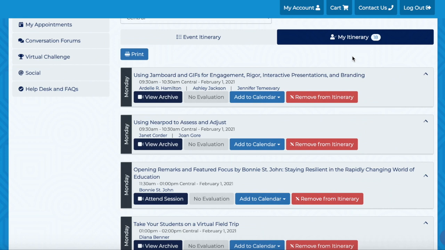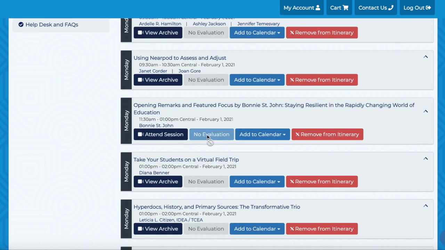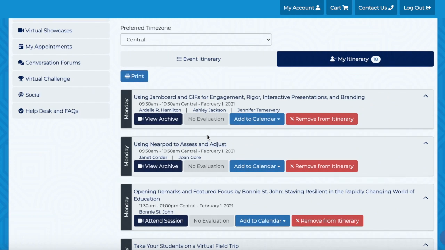One important tip for using the My Itinerary tab, after you've attended a session, you'll notice this button here that says No Evaluation. Well, that'll be a button that says Evaluation. And once you've attended a session, you'll be able to click through that button and fill out a quick evaluation of the session. That's how we know you attended, and that's how it'll be recorded in our system, as well as allow you to download all the resources, slides, etc. you might get from that session. So don't forget to add things to your itinerary, and after a session, don't forget to go fill out that